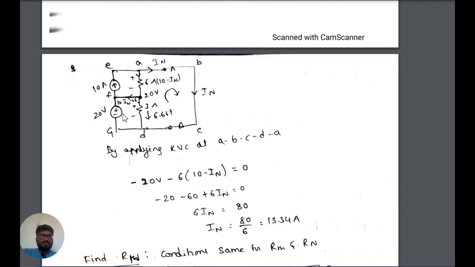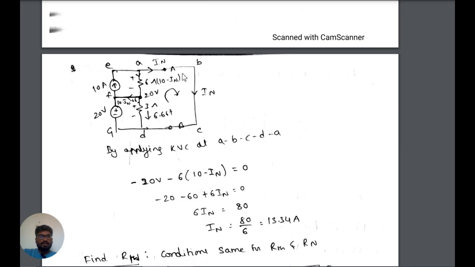As we can see, there is a 20 volt independent source across the 3 ohms. So the voltage across this is 20, and the current flowing through is 6.67. We can say this directly. Here there is a current source. If we apply KVL